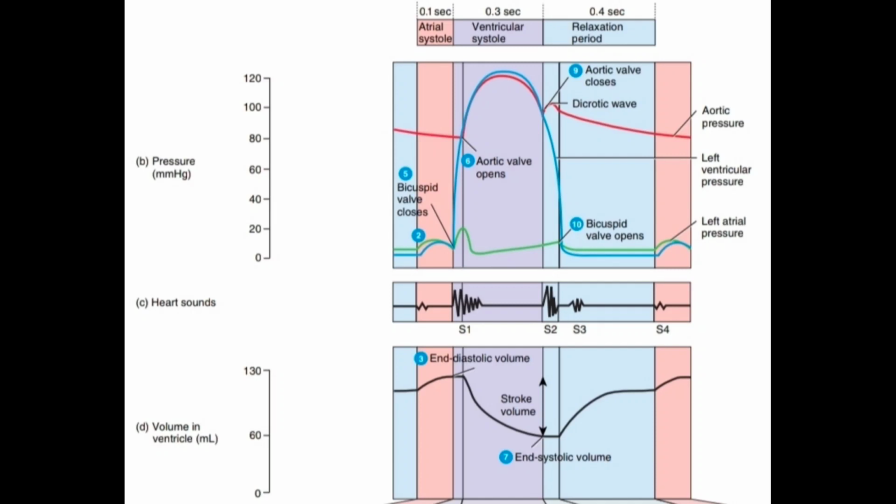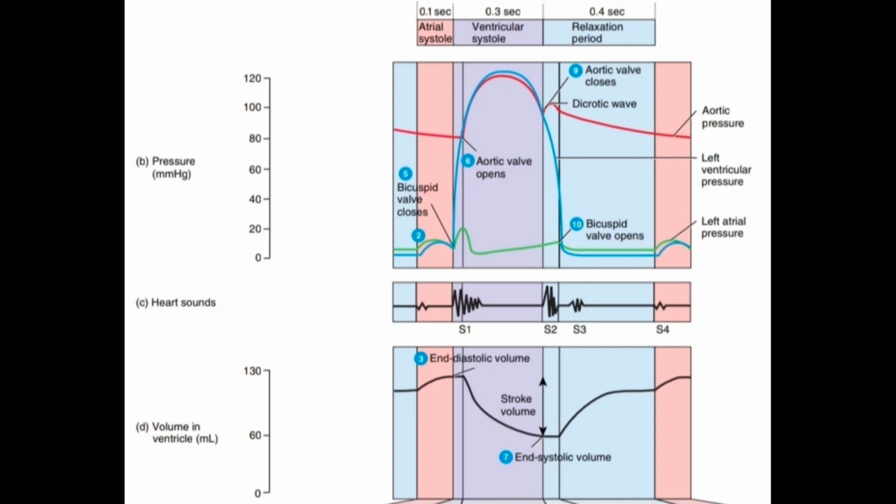And S2 कब होती है, S2 happens due to the closure of aortic valves, यानी जब वेंट्रिकल्स के अंदर प्रेशर कम होने लगता है और वो प्रेशर कम हो जाता है then the pressure inside aorta, तो blood starts rushing back into the ventricles, but that is prevented because of the closure of aortic valves, semilunar valves, उनके closure से जो sound produce होती है that is S2, that is dup sound, DUPP, और ये sound थोड़ा low होती है first sound से। S3 and S4 साउंड्स प्रोड्यूस होती हैं ब्लड के रश होने से, तो वो इतनी डिटेक्टेबल नहीं होती हैं।